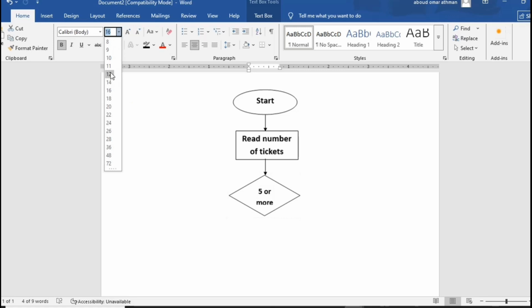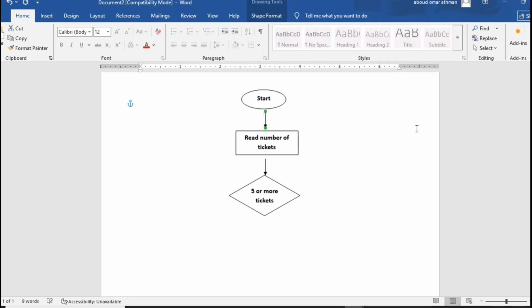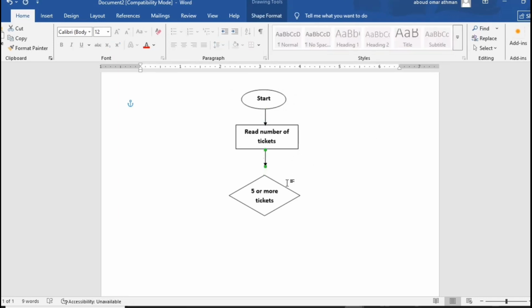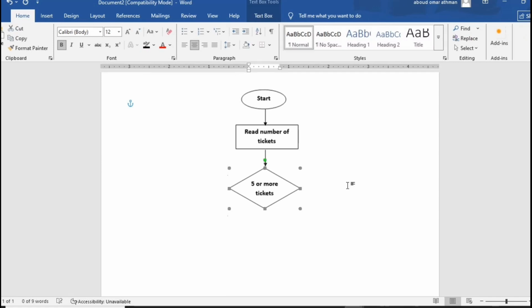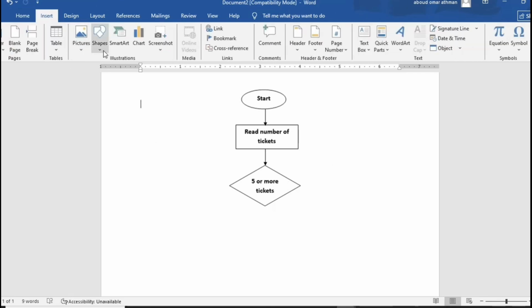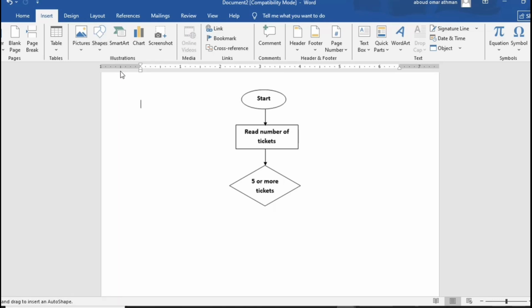Or rather, instead, you can also use a process symbol, and this process symbol reads the number of tickets that are required by the fan. So here, when you decide to use the process symbol, you will use a rectangle, so that this process symbol is going to execute a process, and the process in this case is the number of tickets that a fan